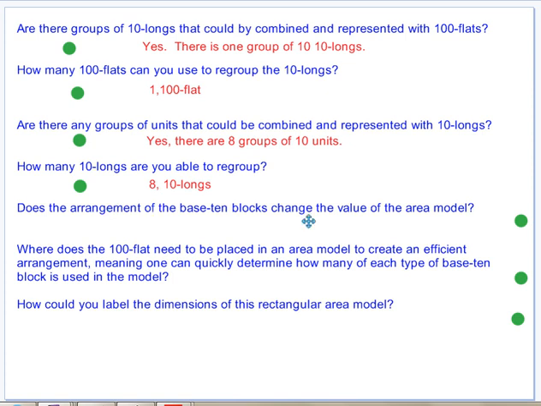Does the arrangement of the base 10 blocks change the value of the area model? No, we're still using the same number of base 10 blocks to fill the area. So you could have just pulled out 252, or you could have made